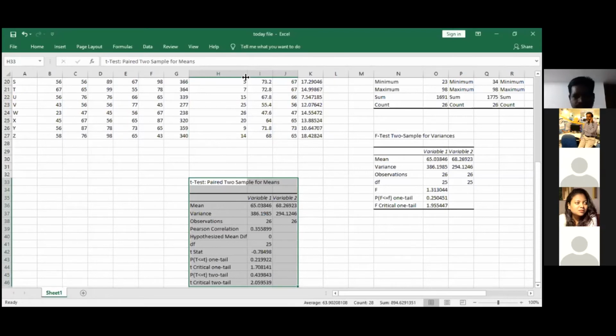Here you only compare the table values. If the p value is less than the expected or table value, it is rejected. If the p value is greater than the table value, it is not rejected. Okay, so this is for the t-test, paired two-sample. So the F test, the t-test, then